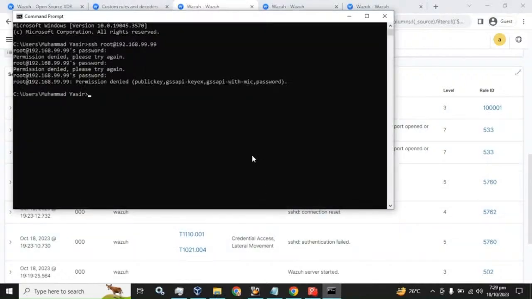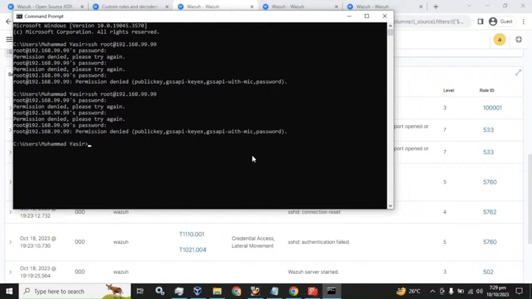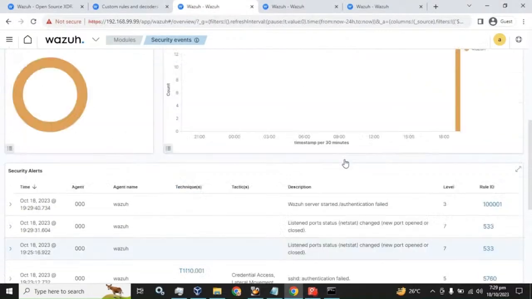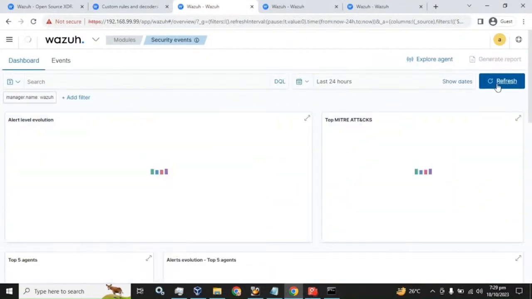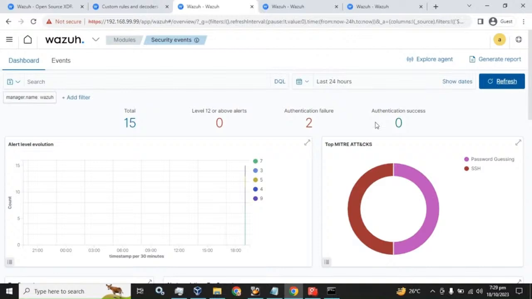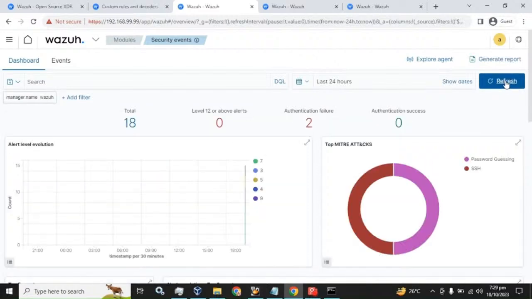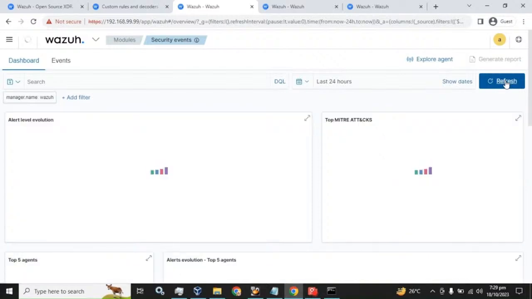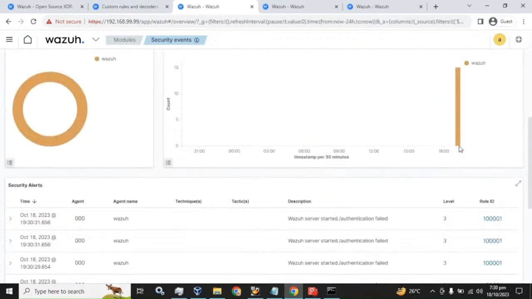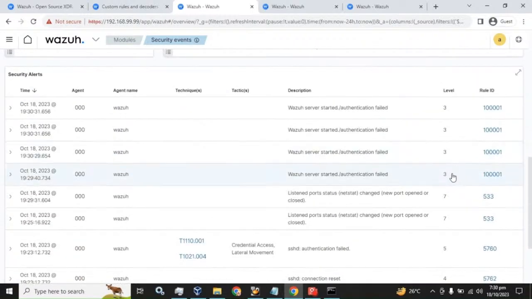And now let's try an authentication failed attempt, and refresh the dashboard. It will take some seconds to get notified on the Wazuh dashboard. Right now we have two authentication failures, waiting for the update. There you go,